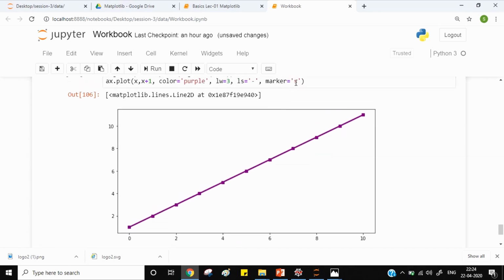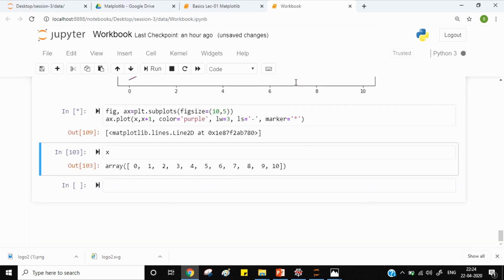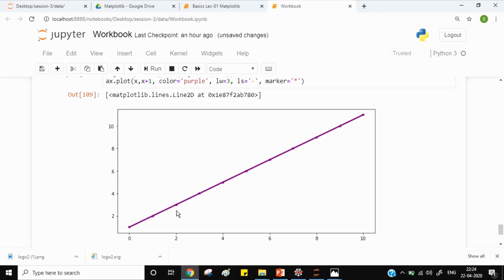Similarly, if I use 1, then the markers change to vertical lines. Okay, these vertical lines are used as markers. Similarly, you can use 2 for a bit slanted line. There are much more styles for marker available. If I use star, these markers will be replaced by star. So this is how you place marker.